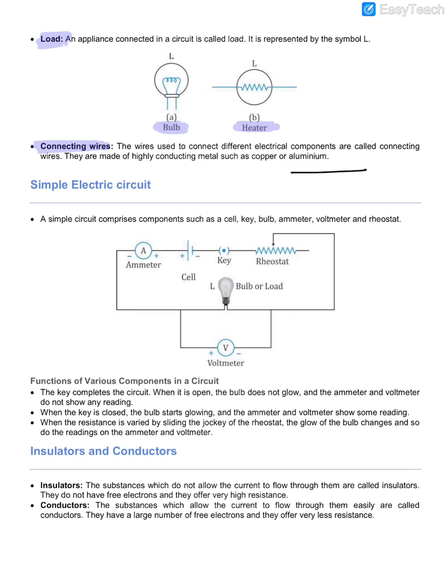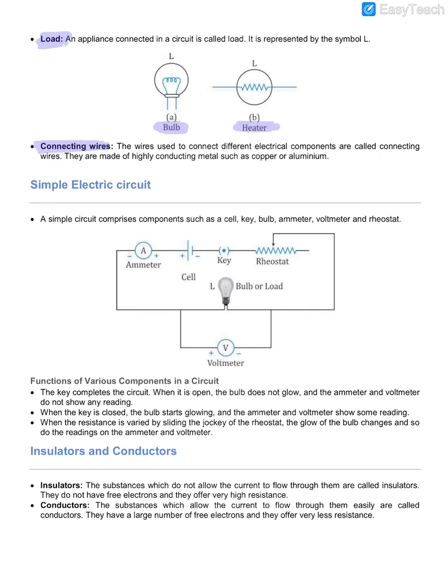Now guys, below this we have drawn a very simple circuit diagram. Again, very important from the exam point of view also. You can see there is a bulb connected, there is a voltmeter which is in parallel. Make a note that it has to be in parallel. Current will flow from here, flow through the ammeter, it will come through this, go through the bulb, and then here, and then through the resistor back to the key. Look at the picture and tell me whether right now your circuit is open or closed. It is a closed circuit because you can see there is a dot in the key. That's why it's a closed circuit.